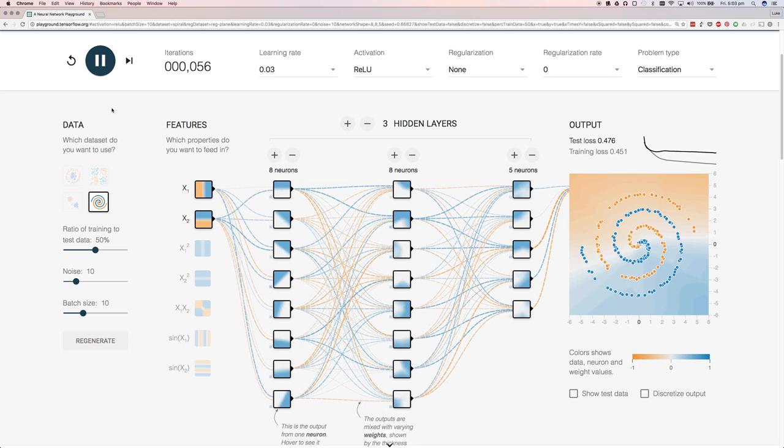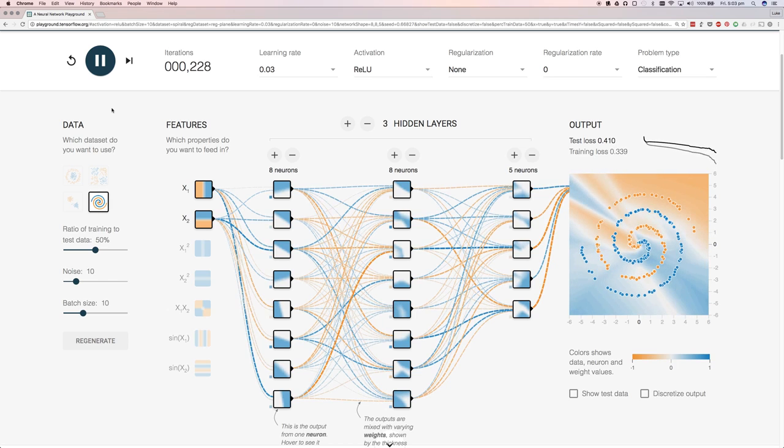Now, because we have so many layers here, it's going to take a fair amount of time to run. The computer's got to do some fairly complicated calculations, and you can see there's lots of interlinkages and interrelationships between the different layers and neurons. But while it does its maths and while it does its learning, let's have a quick look at what's going on.